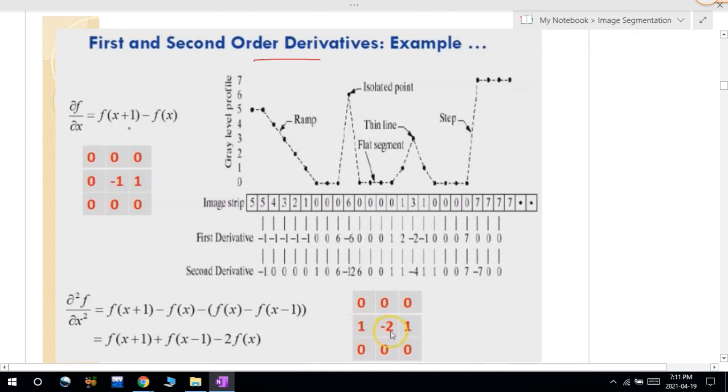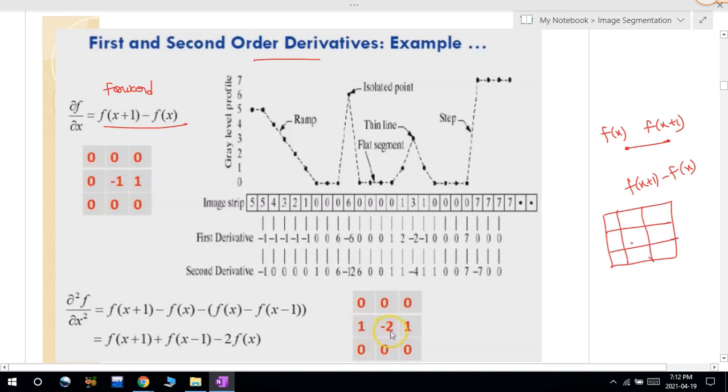If you represent this first order derivative difference in operator format, like a mask or filter, I will write it like this. This is your forward difference. In case of this forward difference, I will consider this as f of x, and this is your f of x plus 1. Forward difference means I will consider only these 2 points, so that I will get the difference as f of x plus 1 minus f of x. If you represent this in operator format, then all the remaining are zeros, because I will consider only a 1D signal, that is, this is your f of x, and this is your f of x plus 1, and this is your f of x minus 1.